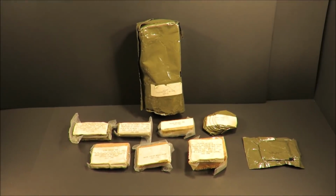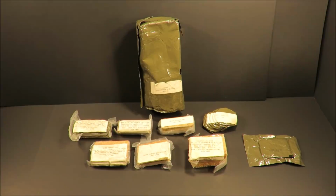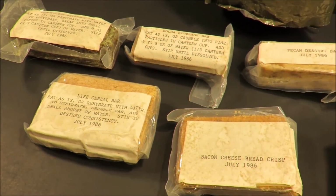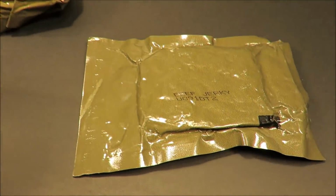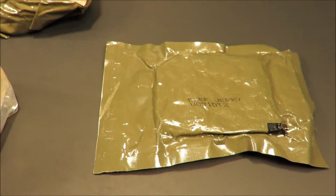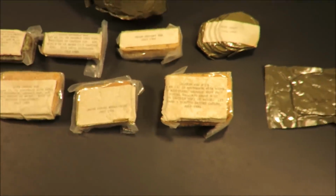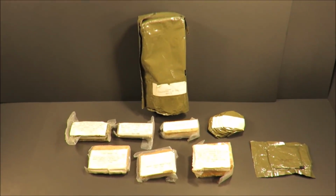So there it is. A prototype ration that's essentially like a dodo bird. It was never filmed before, probably never going to be filmed again. It's extremely expensive. I can't even believe I paid as much as I did for this thing, but definitely not going to complain. This is absolutely incredible. Amazing. This is like the odd man out. It doesn't really belong, but the rest of this does. And this could have just been some strange prototype that happened to have double the portion of beef jerky, but